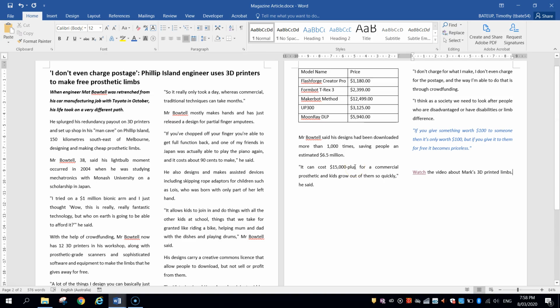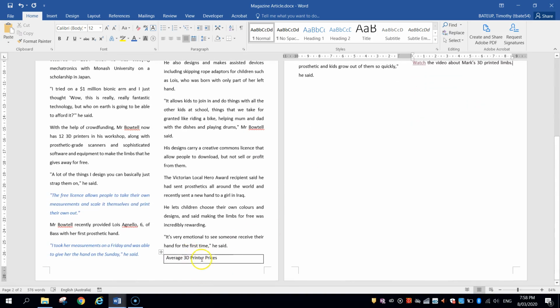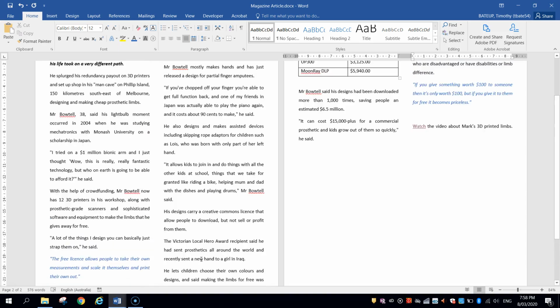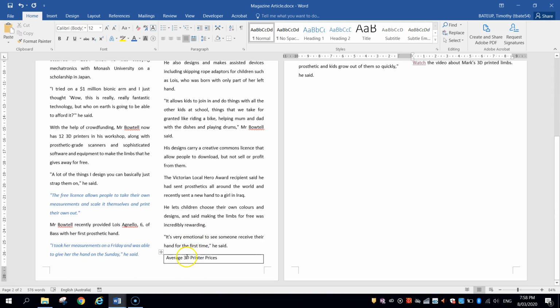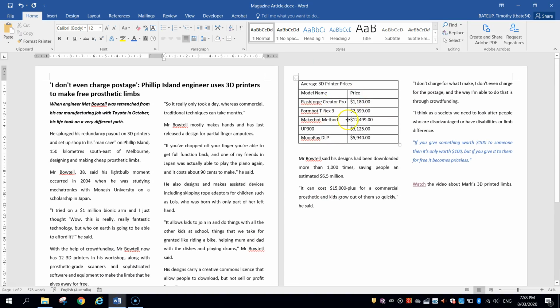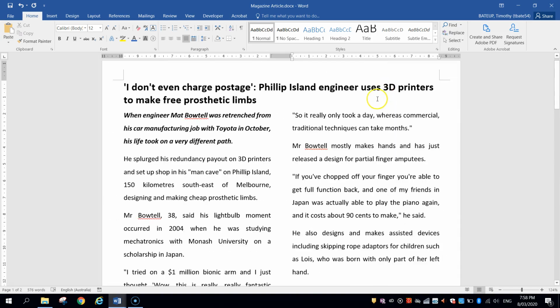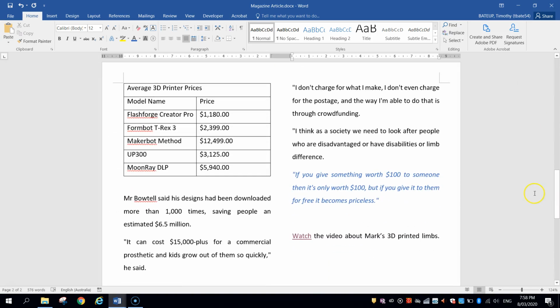Okay, so zooming back now, we're looking pretty nice. We've got this table here that we might work with in a moment. Actually, it's split over 2 pages. So what I'm going to do, I'm just going to go above that table for a moment and press enter a couple of times just to push it down onto this second page. Now this table is all well and good, but it's a bit plain and boring, so let's give it a bit of colour. There's a few ways you can do this.